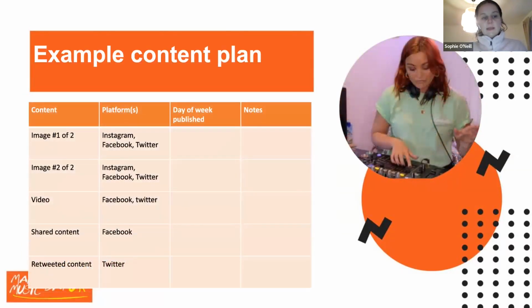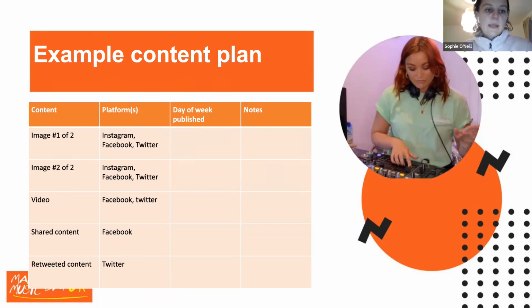So this is just an example content plan. This is just to help you think about what we're sharing on what channel, which day of the week we're sharing it, and any notes on how it performed. You can also, if it's more helpful in the way that you prefer to plan, especially in the run up to an event, do it as a timeline, with the days of the week mapped out.